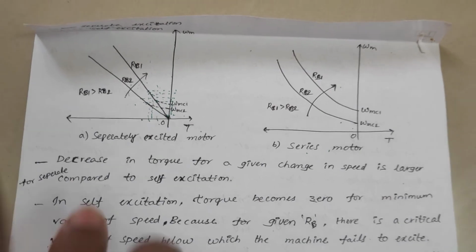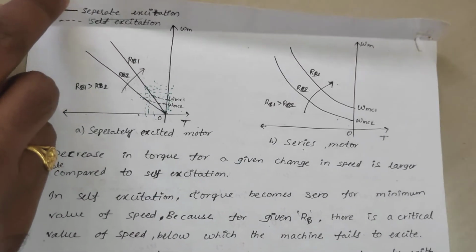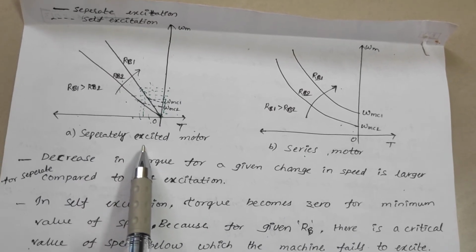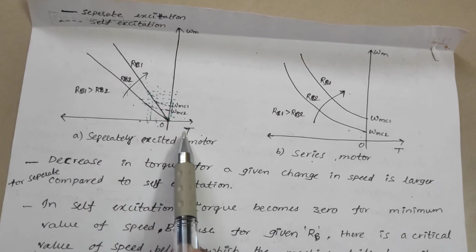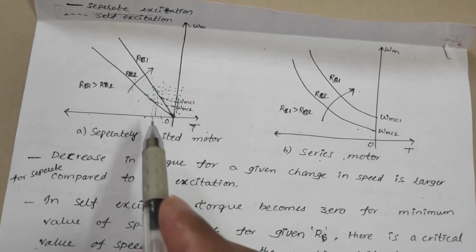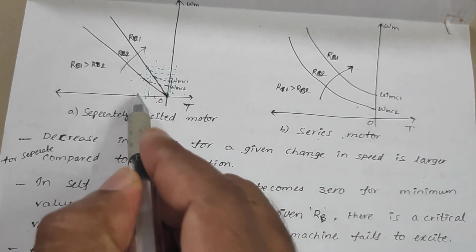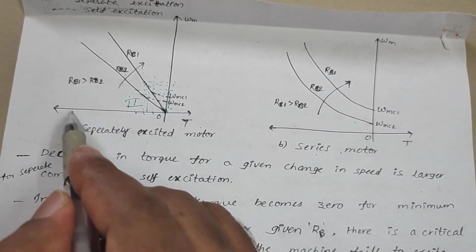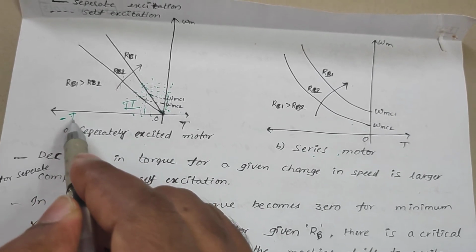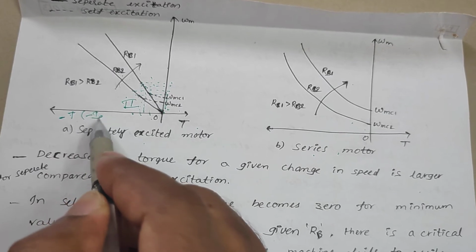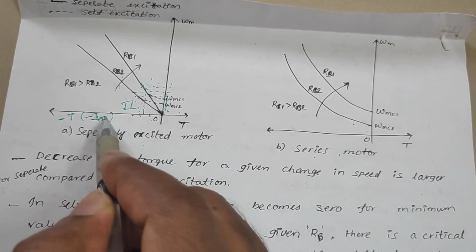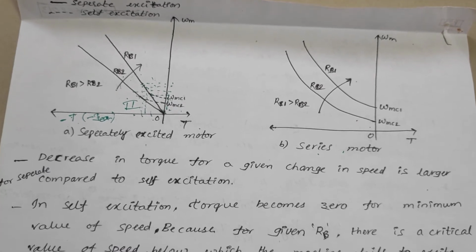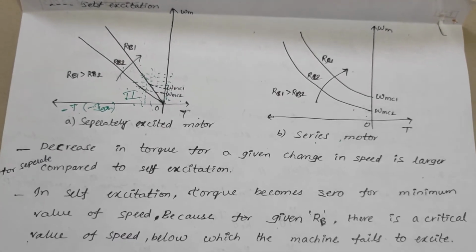So if we see the characteristics, for the separately excited motor, the speed versus torque characteristics. As this is braking, you'll get the characteristics in the second quadrant, right? Because your current is negative, that's why it is either negative torque or negative armature current, right? Okay. So here, the speed versus torque characteristics, if you see,